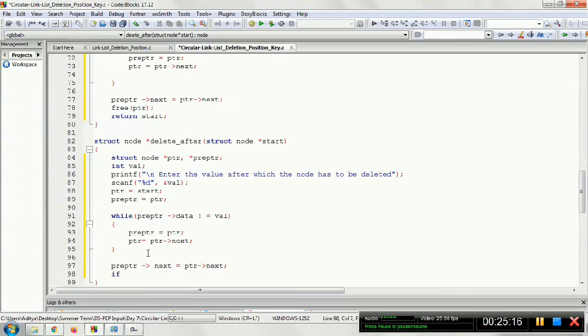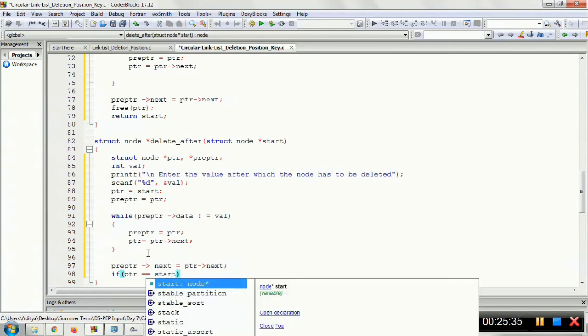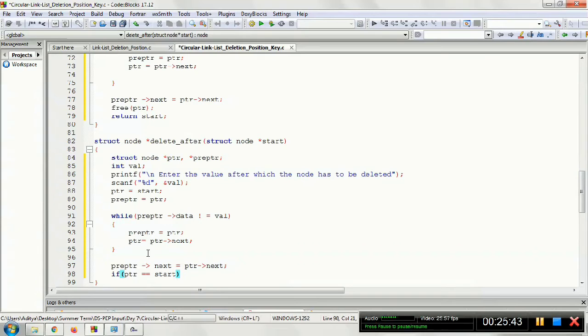Now, we'll check one more condition there. If PTR is equal to start, so this is important one. If the PTR is equal to start, we have not deleted yet, but suppose if the PTR is equal to the start, means the PTR is pointing to the first node itself.